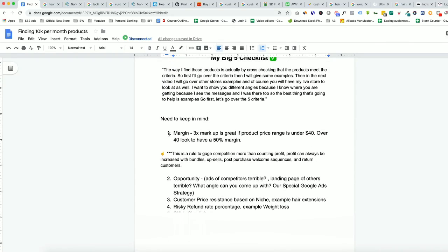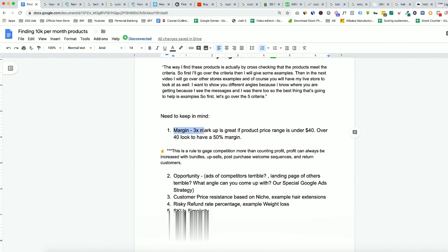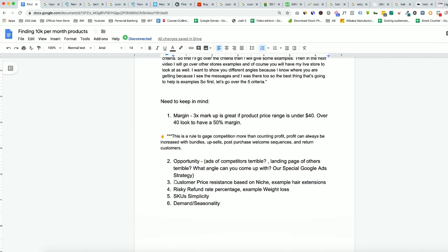So this is just a broad checklist. I'm going to be going over more examples so that we really hammer this in. But understand this is just the quick checklist that I go over, just as fast as I went over with you guys. This is what I do mentally when I'm going over different products. So go over this checklist and see, okay, what is my customer price resistance? Do I have some wiggle room? Some people are willing to pay 120, some people are paying 40. All right, I can sink my way in the middle there, but really become the dominant